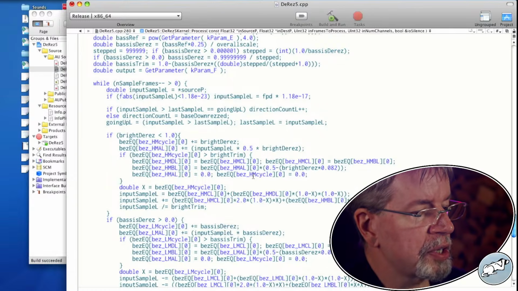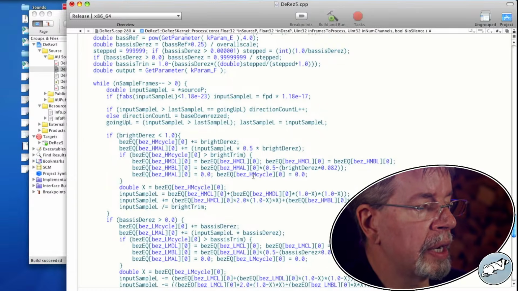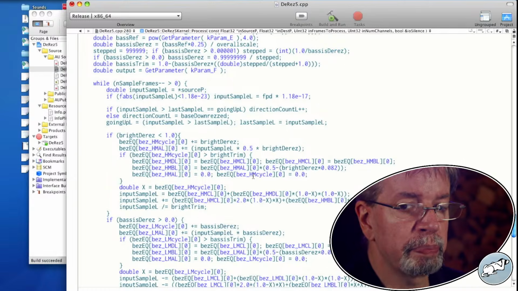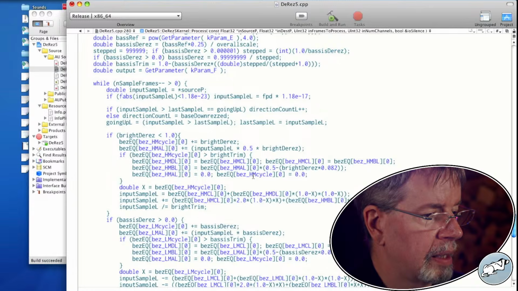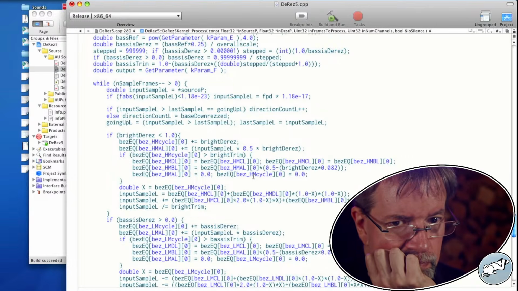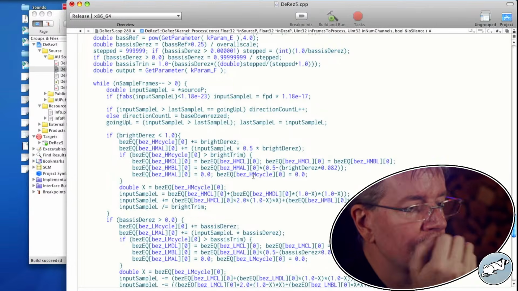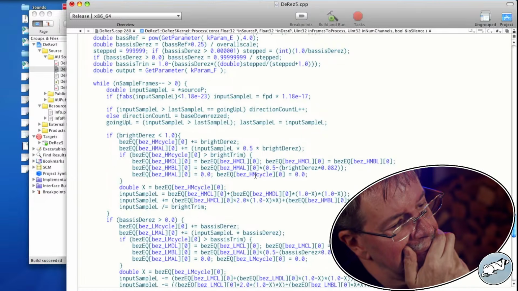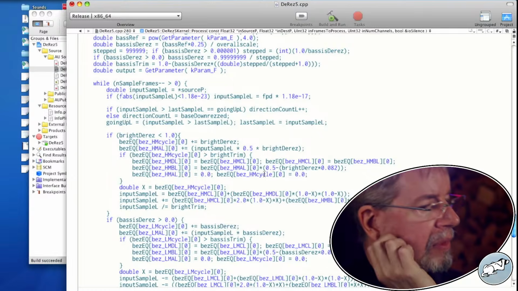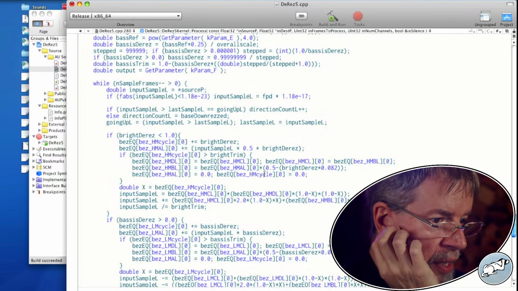We could have direction count L not just straight up increment by number of samples, but instead be scaled somehow. So how would that work?